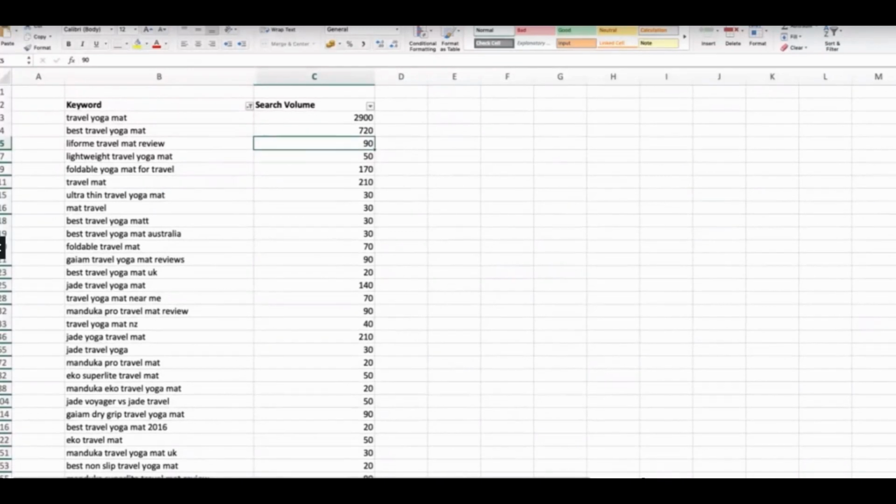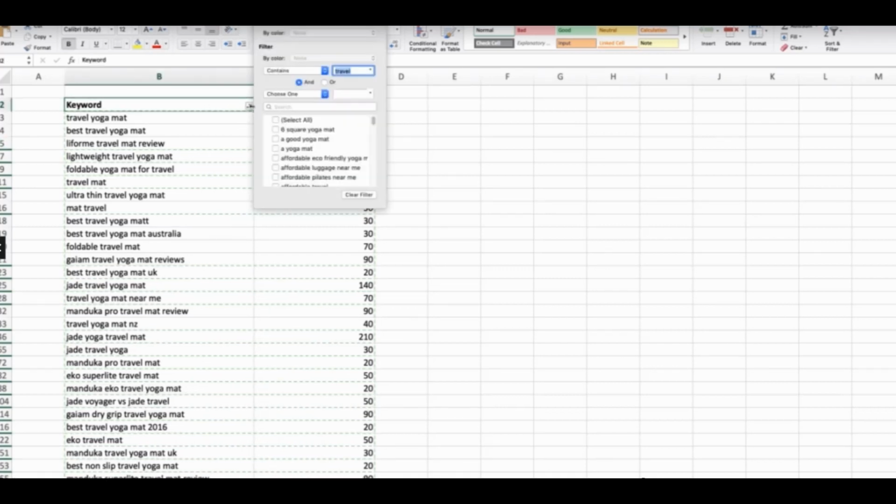Before we move on to the next section of the course, it's good to note that we can also go back to our master tab,